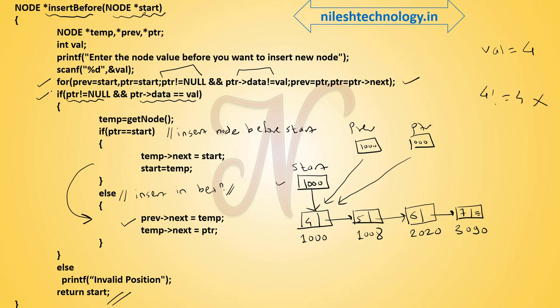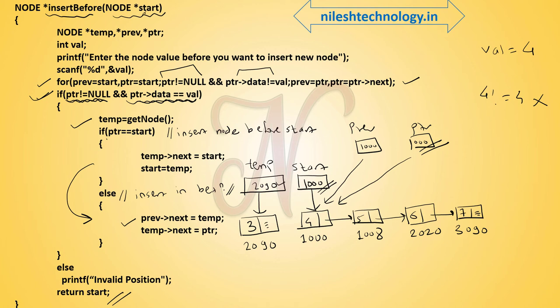Okay, then check here the if statement, ptr is not equal to null, true, and data is equal to value, true. Okay, then temp equal to get node. Here we create one node, for example this is your temp, which is pointing to this one node, for example this is 3, and here some address is 2090. So this address is stored in this temp. Then check here ptr is equal to start. See here ptr address is 1000, start address is 1000. Here we match the condition.